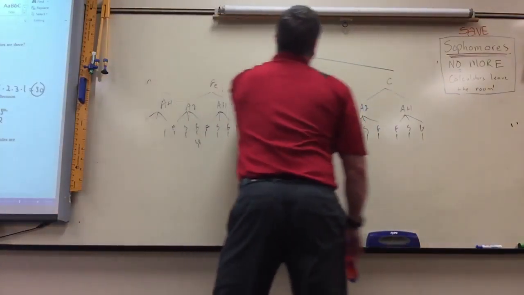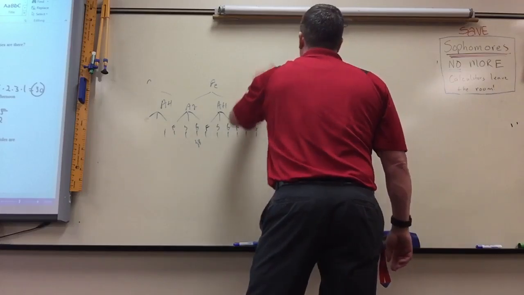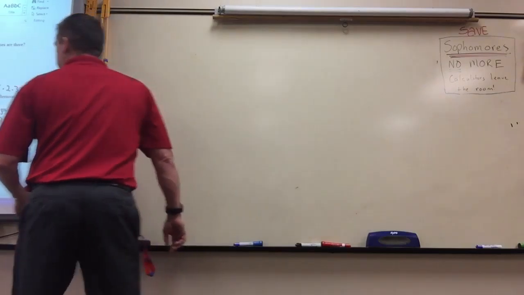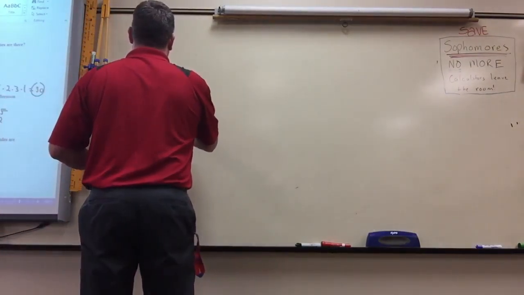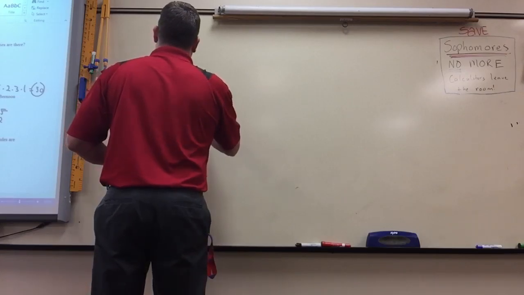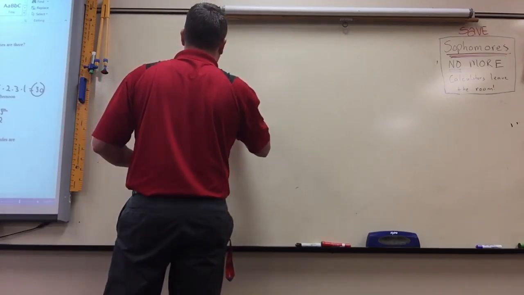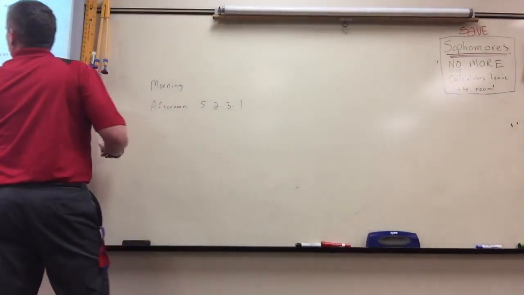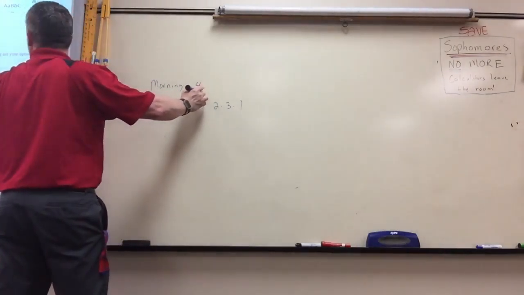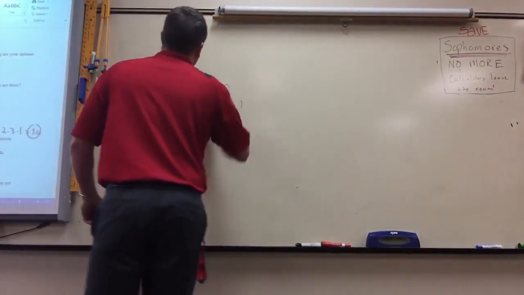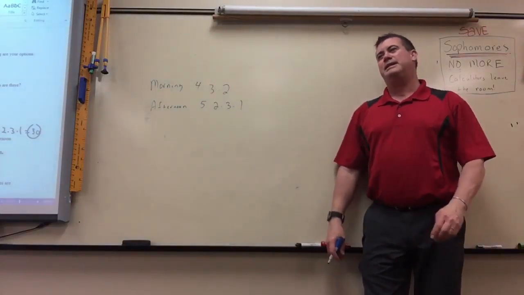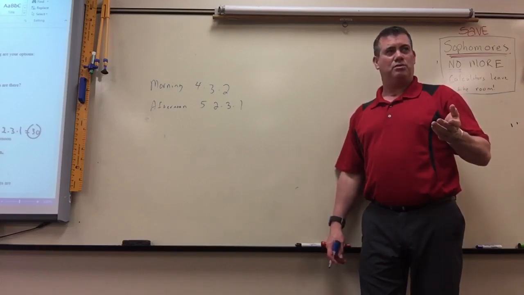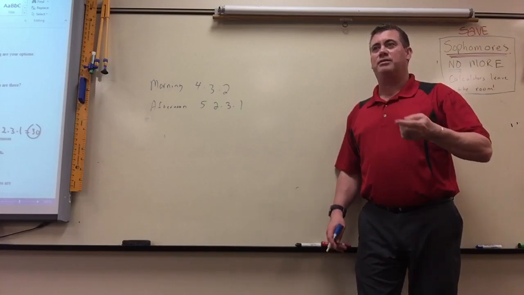So if we put these together, if you were at this school and you were able to make your own schedule for the whole day, in the afternoon we had 5 choices, 2 choices, 3 choices, 1. In the morning, you don't remember what it was? 1, 2, 3, 4, 3, and 2. So in order to figure out how many different combinations of classes you could take, does everyone know what you would do? You multiply them all together.